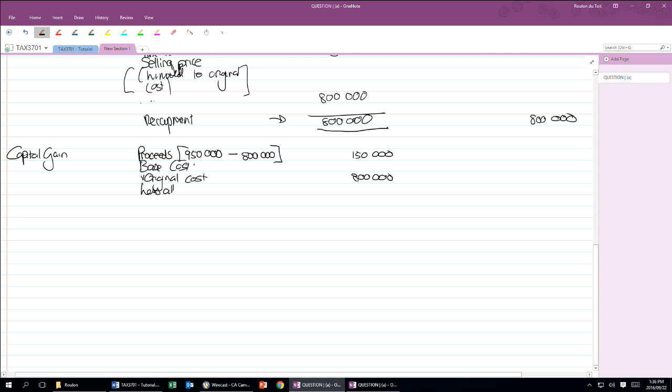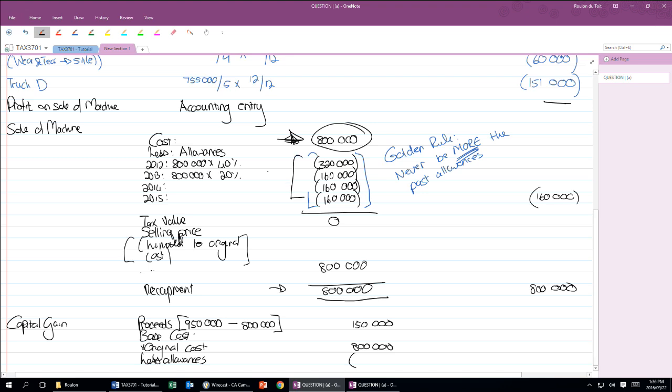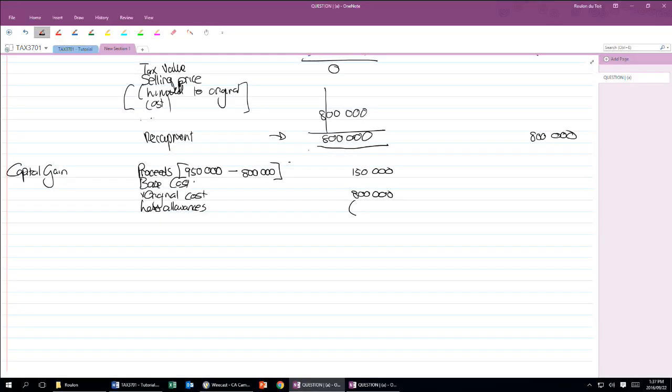Less allowances. The total allowance in this case, again, is the sum of everything here, which in this case was 800,000 rands. It can also obviously be lower in exams, and sometimes it is. Right, so that total over there is 800,000. And then you say plus other costs